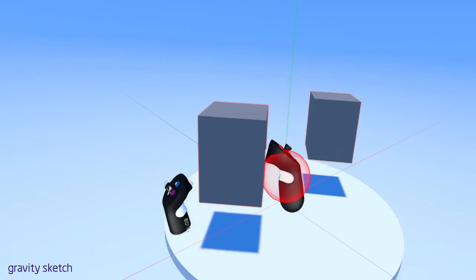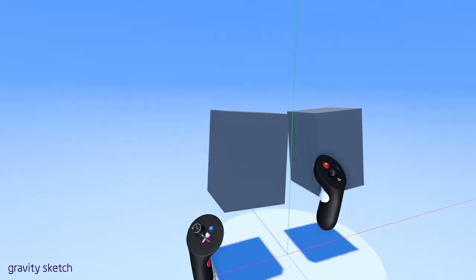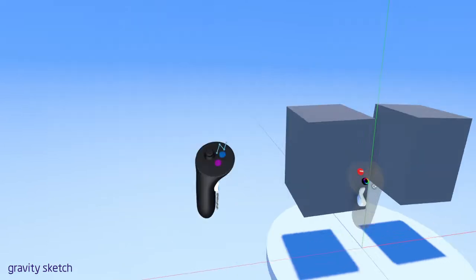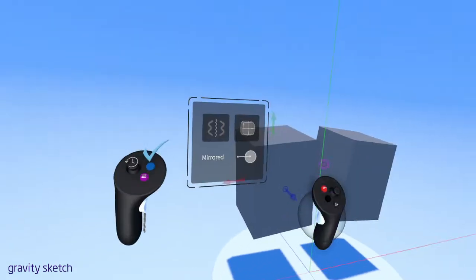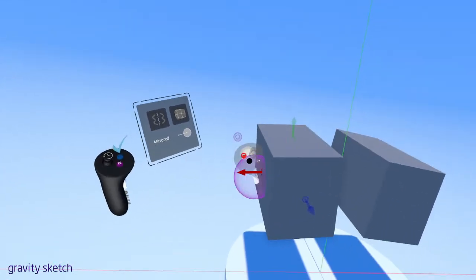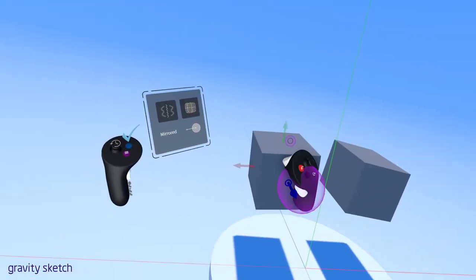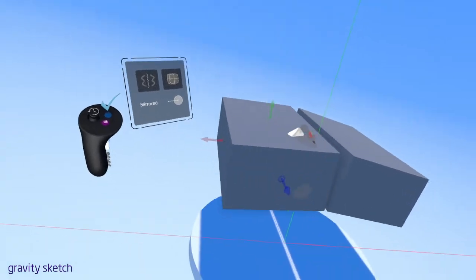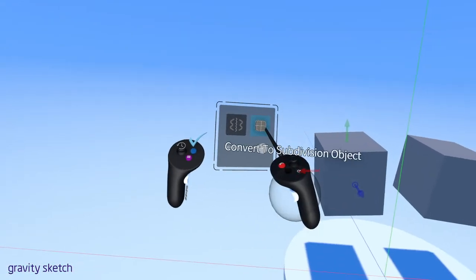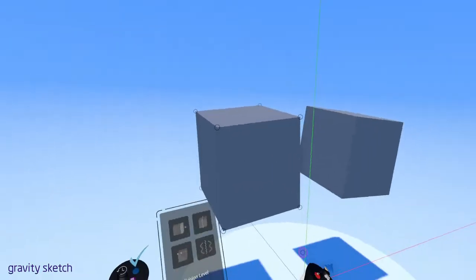So I'm going to be changing around a lot of things, so it really doesn't matter to me what the shape of the cube is. But now that I have it in my environment, what I want to do is convert it to Sub-D. So I'm going to grab this cube, hold it, and press the blue menu button at the same time. And you can see here, before it's a Sub-D object, so it's just a regular primitive object right now, we have these simple ways of adjusting it. We can grab these different axes here, so like actually reach out and grab the arrow, and choose how we want to scale things. But once we click Convert to Subdivision Object,